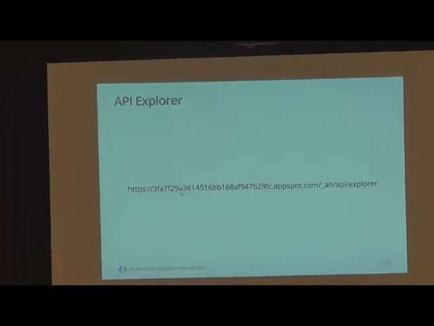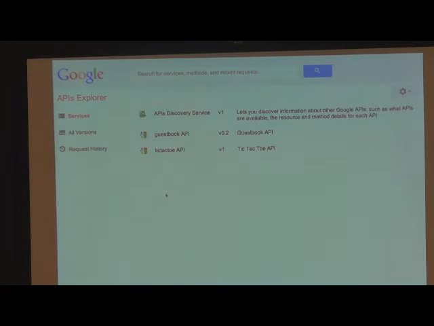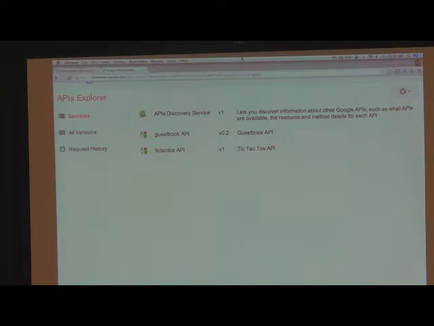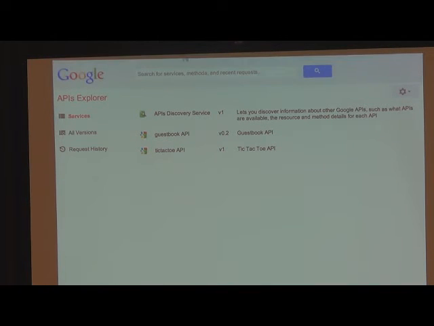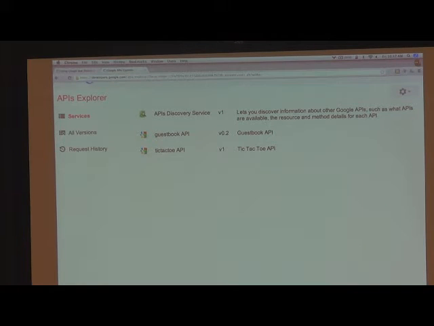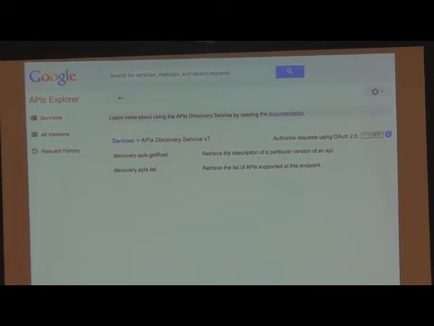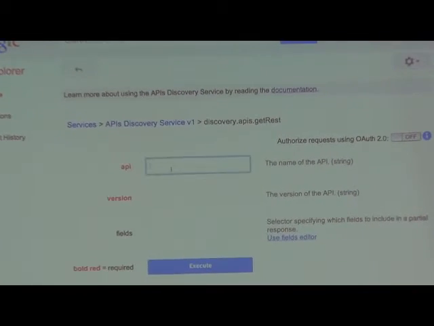So, cool. We have our own APIs Explorer for this application. So this is not the same link. It has a special base, which is my application. I didn't mention this, my application is a nonsense link, but my app ID is just some random hex string, and .appspot.com is the domain that all App Engine apps live on by default. So I have my own discovery service. So if I call the discovery service with my